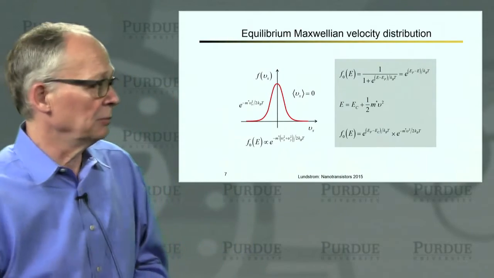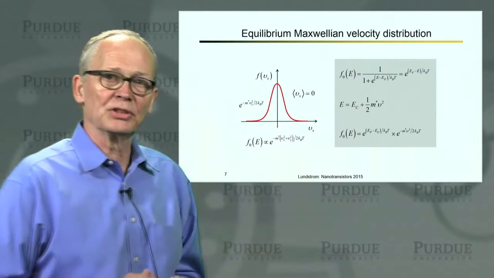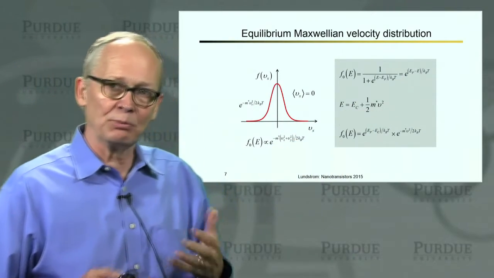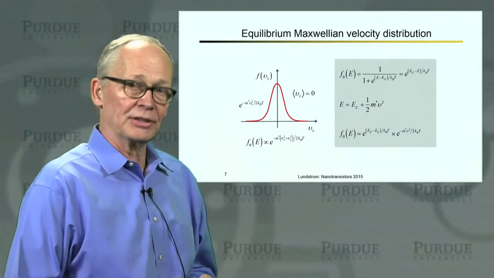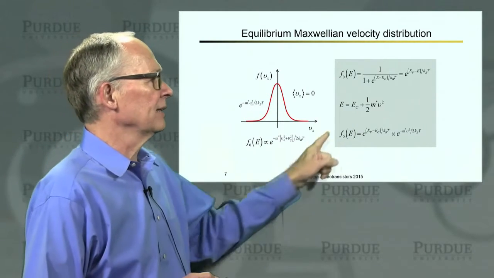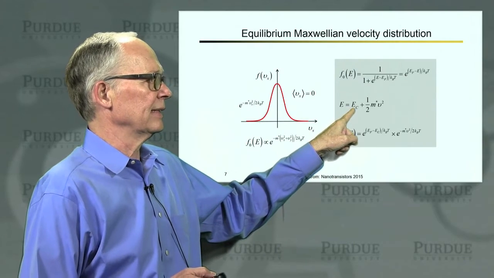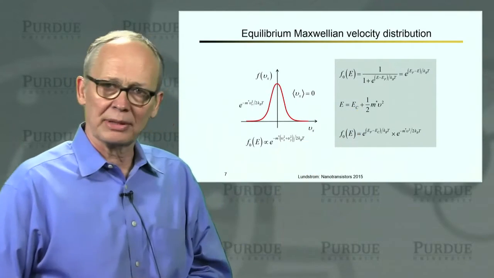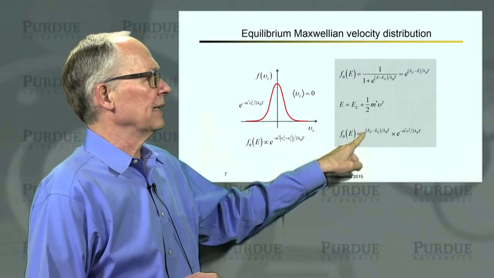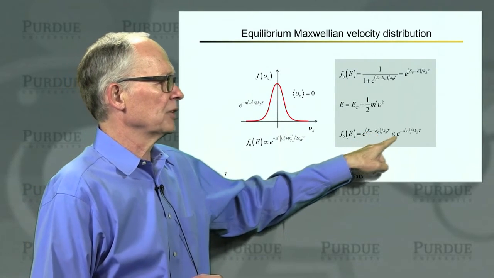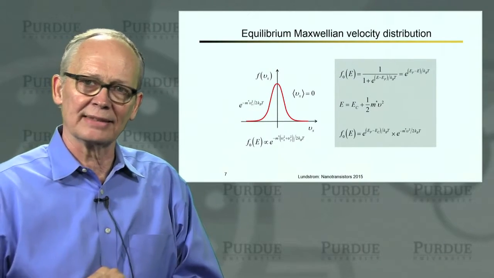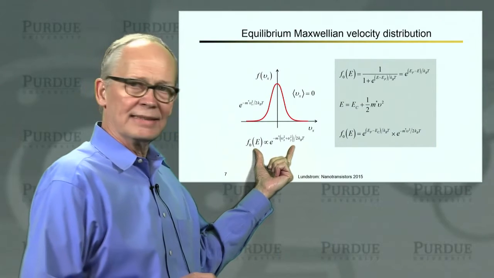Now we can see where that comes from if we begin with the Fermi distribution, which tells me the probability that a state is occupied. If we simplify it for Maxwell-Boltzmann or non-degenerate carrier statistics, then we're just dealing with an exponential. If we assume a parabolic energy band, then we can write the energy of electrons as the energy at the bottom of the conduction band plus 1/2 mv squared, where m is the effective mass. And then if I pull out the constant terms, the Fermi level and the bottom of the conduction band, I have some constants that multiply e to the minus 1/2 m magnitude of velocity squared. That's my Maxwellian velocity distribution.